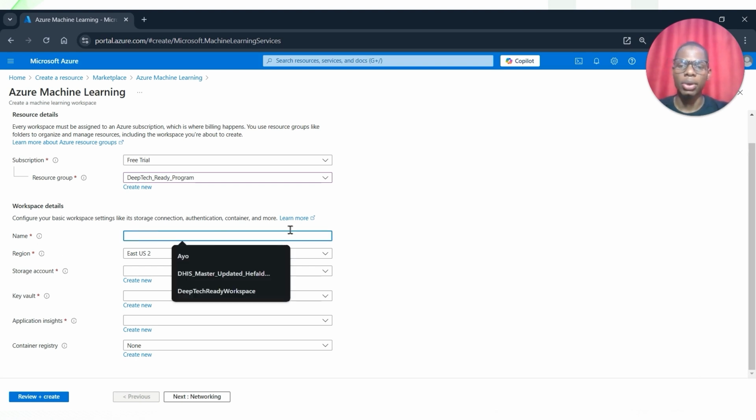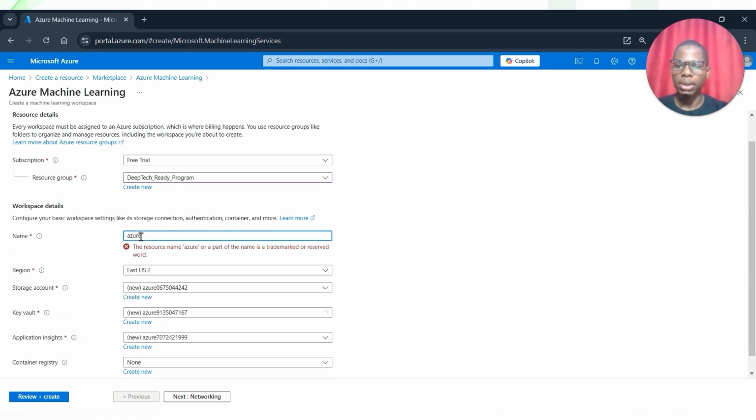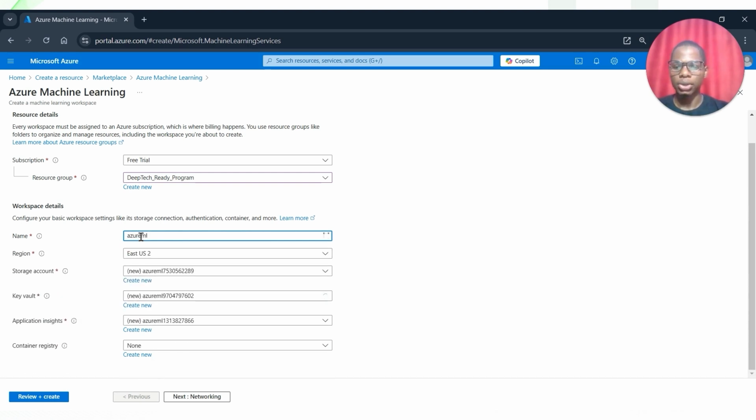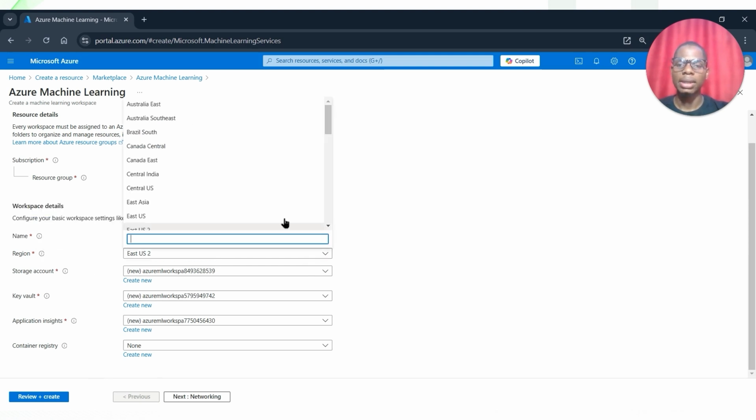So I need to give my workspace a name. What name do you think befits our workspace? So I'm going to name this workspace Azure ML workspace, and then the whole information here is going to be pre-filled for you. So with the region, you get to select a region that is closest to you. So these are different regions you can select from. For me, East US does it for me